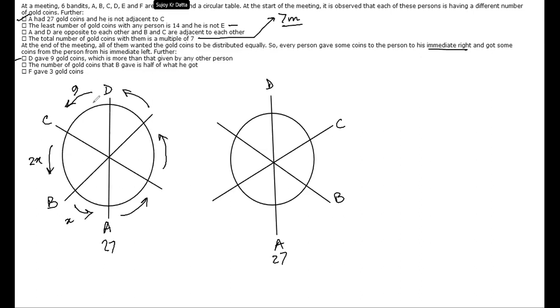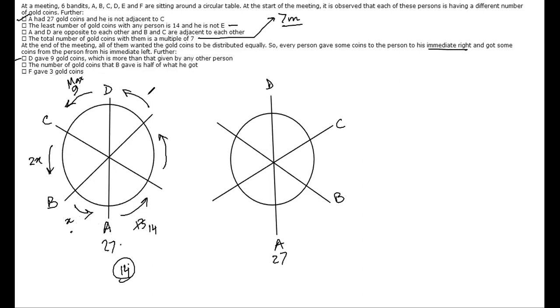If finally someone has to get to 14, then A has to go to 14 also. So how many has to give away? He has to give away 13 at least, if he is not getting anything from here. Now, if he is getting even 1, then he has to give at least 14, right? But just now we said that 9 is the maximum number. You cannot give more than 9.